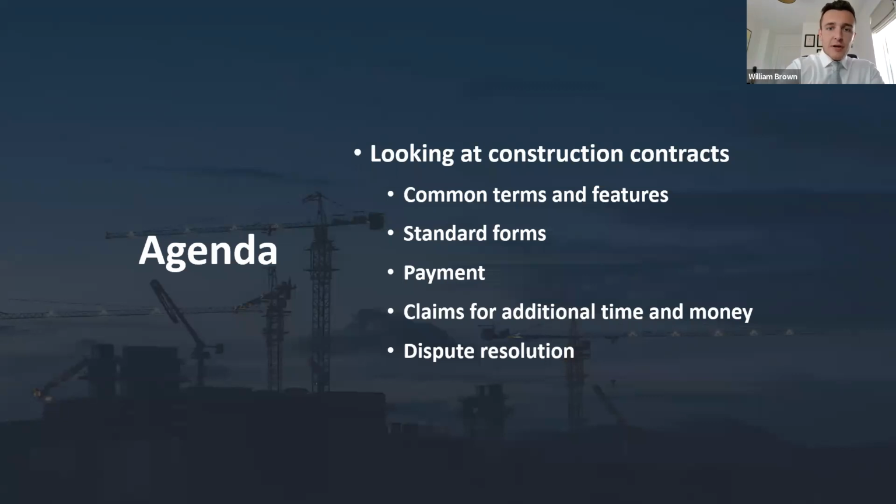Moving on then, we're going to be looking briefly at standard forms of contract in construction, looking at the NEC, JCT. Jess mentioned previously the Irish government form of contract, that's the public works form. I'll also briefly mention that as well, just to really emphasize the point that there are different products available on the market, but at the end of the day, it is still doing the same thing. It is an agreement for a contractor or a consultant to do X, Y, and Z in return for money. How they go about doing X, Y, and Z might be subtly different, and it can be dealt with under a standard form.